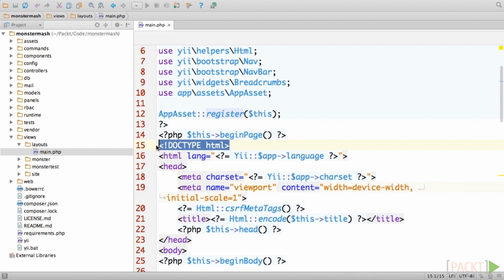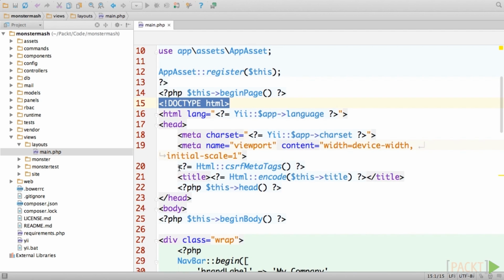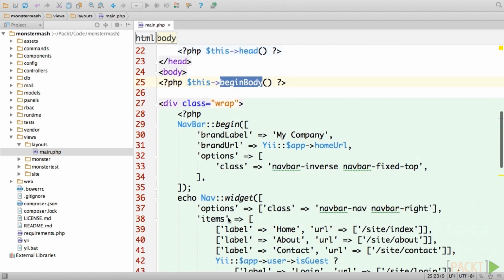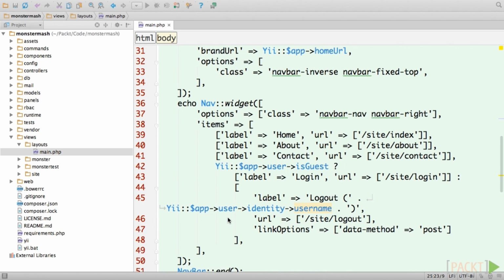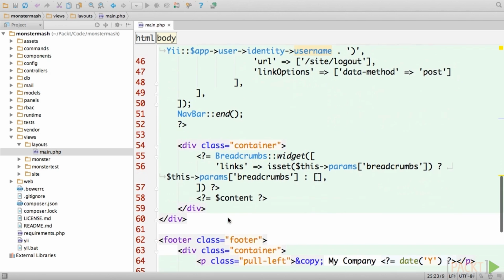After that, you'll see an HTML doctype declaration, as well as a standard head section. There are a few calls to methods such as beginPage and beginBody. These are the methods that the view component uses to inject front-end assets into our layout. Below the opening wrap div, you'll see the code that generates our site navigation, which we'll look at more closely in just a minute. The part we're going to focus on right now is line 58, where Yii outputs the